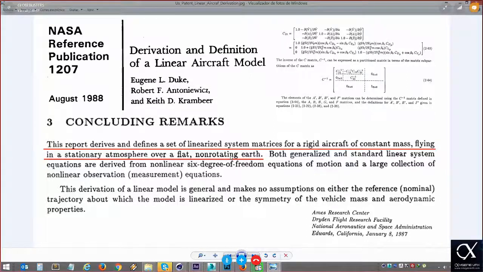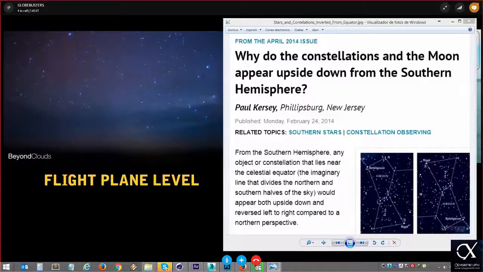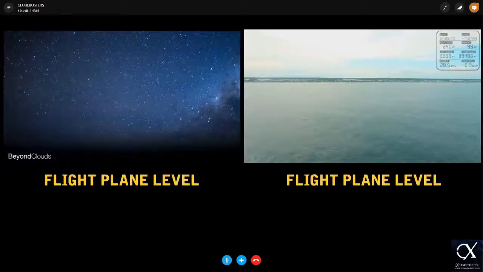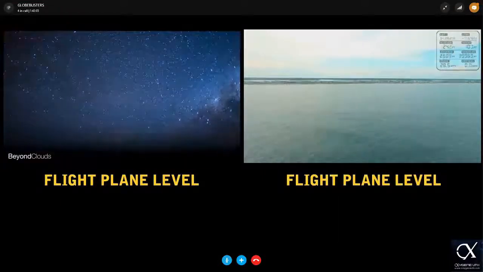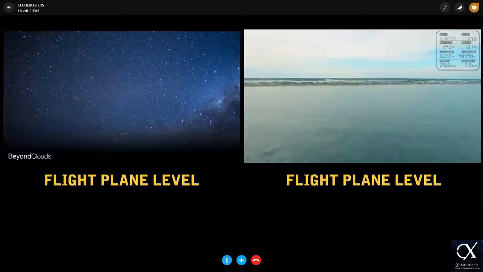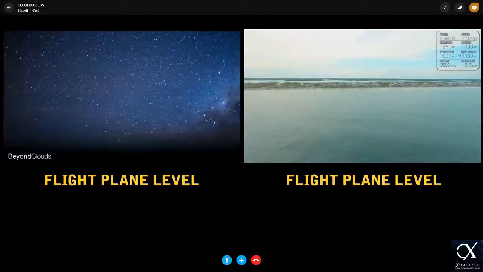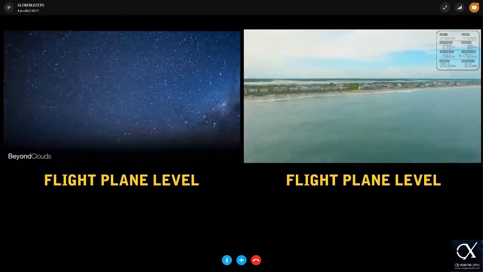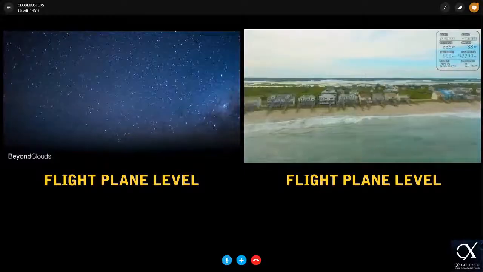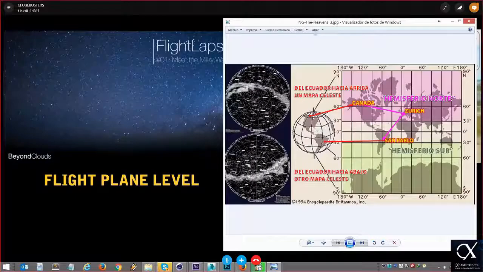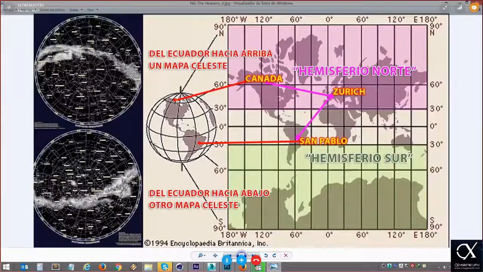So when you start to connect all these dots and you see this kind of flight, you maybe start to understand that there's something wrong with the globe, because this kind of flight, for me, cannot happen. We are talking about a plane that starts really up in the northern hemisphere and goes to